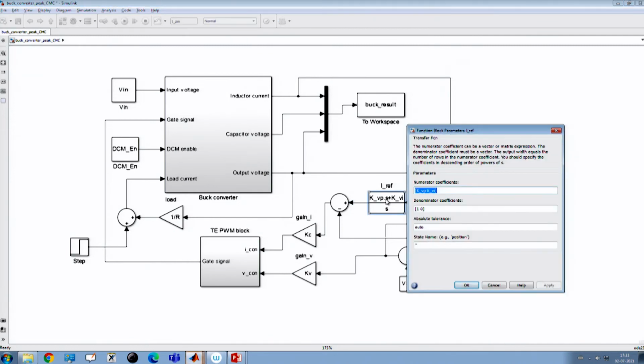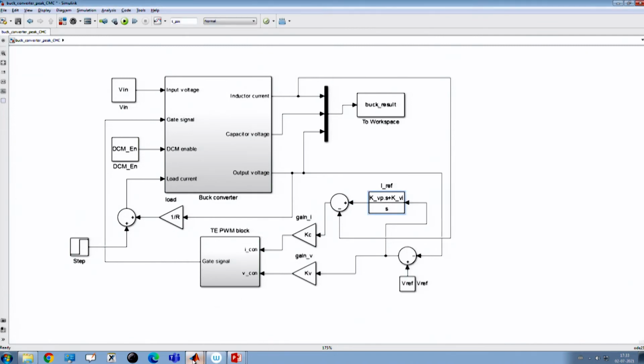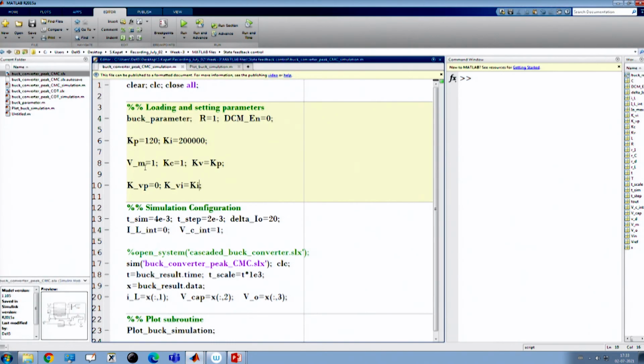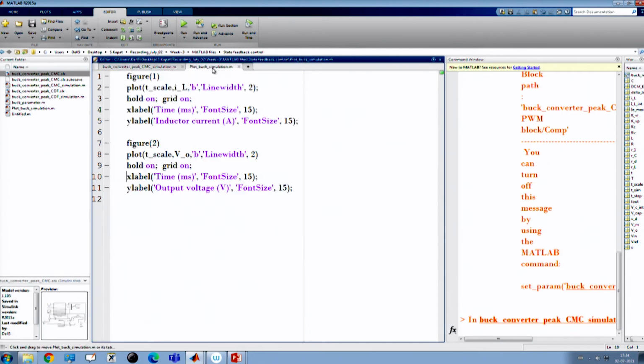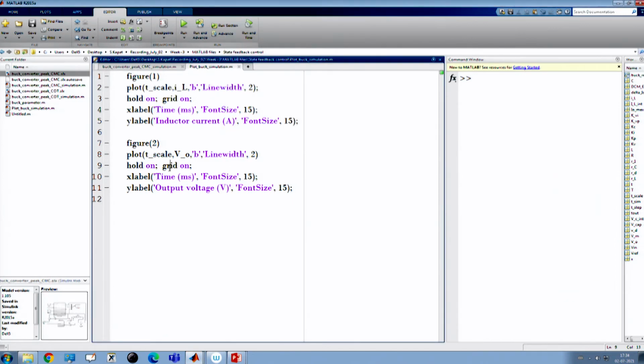So, in the case of current mode control, we will simply set this KVP equal to Kp because it is the outer voltage loop Ki, and this Kv equal to 0. This is our current mode control structure and we want to show the result. So, this is our current mode control result.